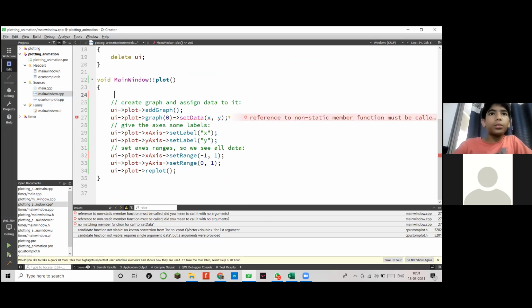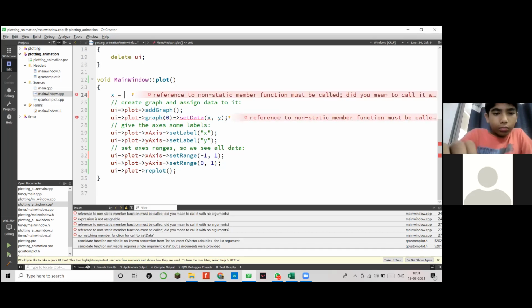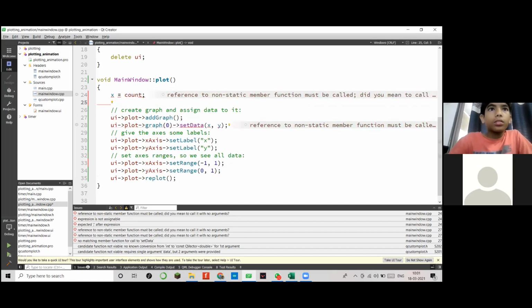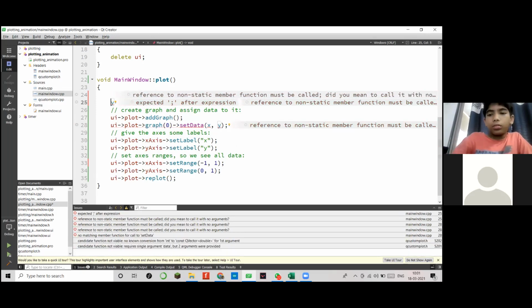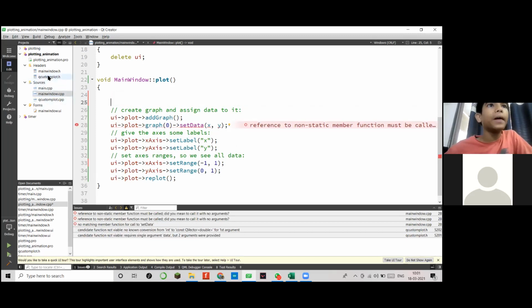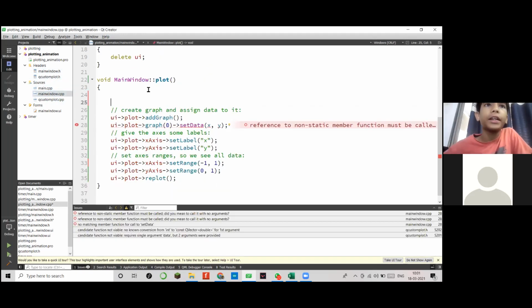Okay, so sir, what I'll do here is, I'll have x equals to the count, y. So I need to create these variables also. I'll create a float x, float y. Two variables have been created.